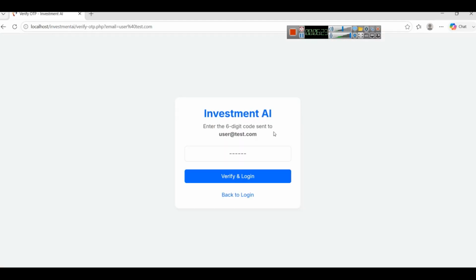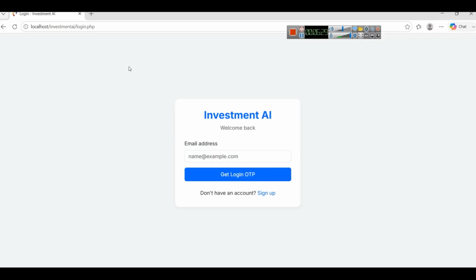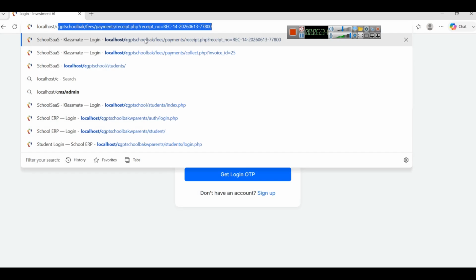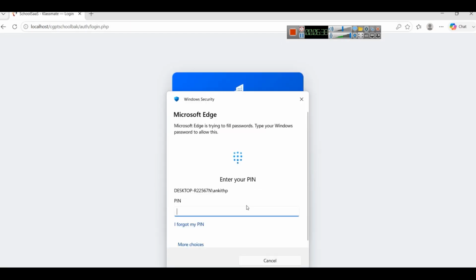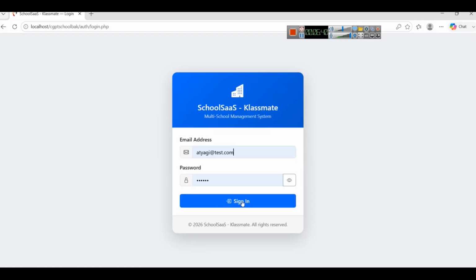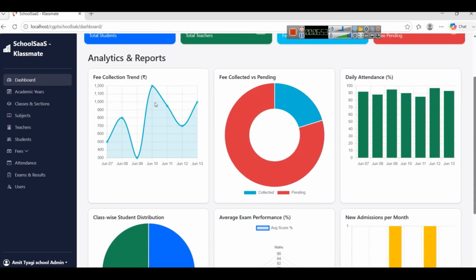This Investment AI, obviously, will ask you for your email address and all. Whatever information is stored here, or this school application that we are building, in this school application you can see we can sign in, we can see the dashboard and all. It is currently in localhost, but if we want this application online, we want people to test it,